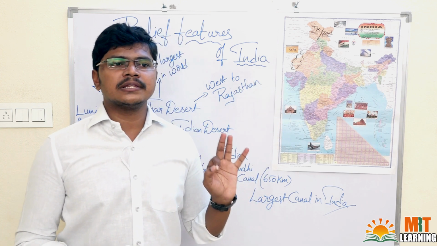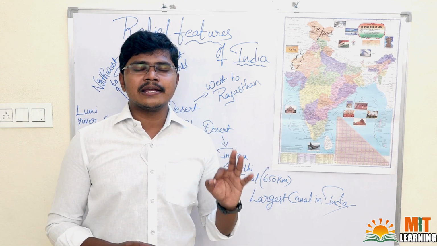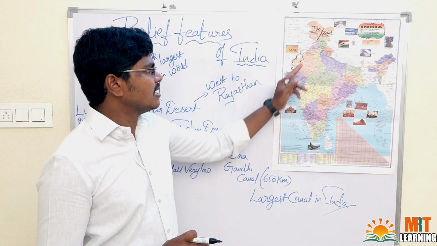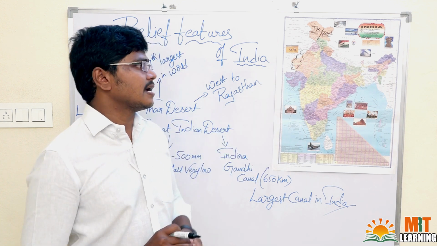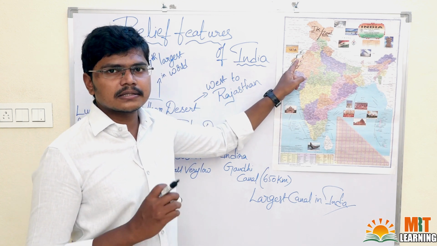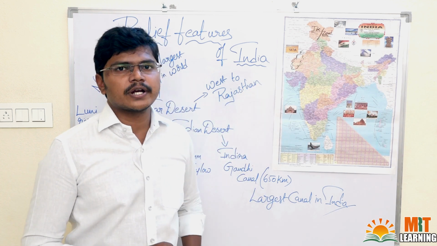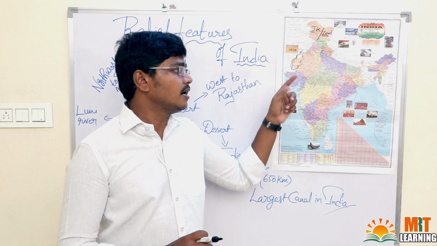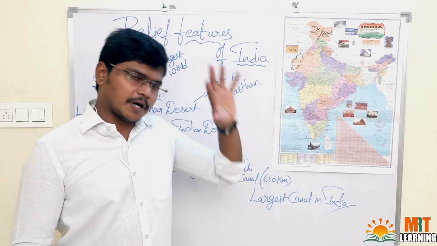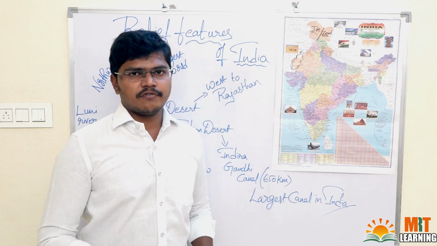And another important thing you have to remember, that Rajasthan is the largest state in India in terms of area. In terms of area, what is the largest state? Rajasthan is the largest state. And here in Rajasthan, on the west side of Rajasthan, the Thar Desert is located. In which direction of India is the Thar Desert located? In the northwest of India, and west of Rajasthan. So you have to remember these 2 things. For the whole country it is in the northwest. For Rajasthan it is the west side.